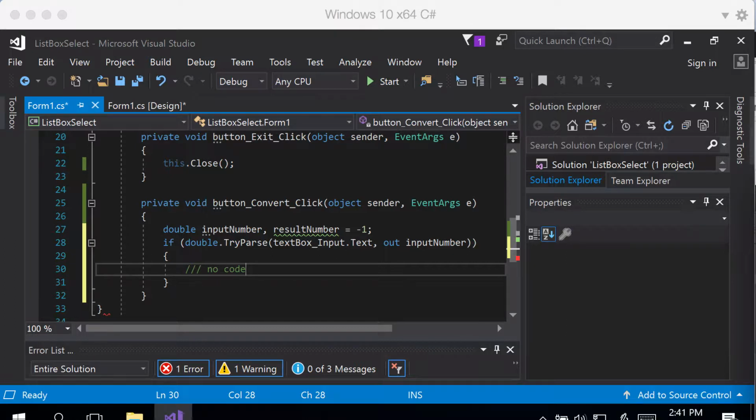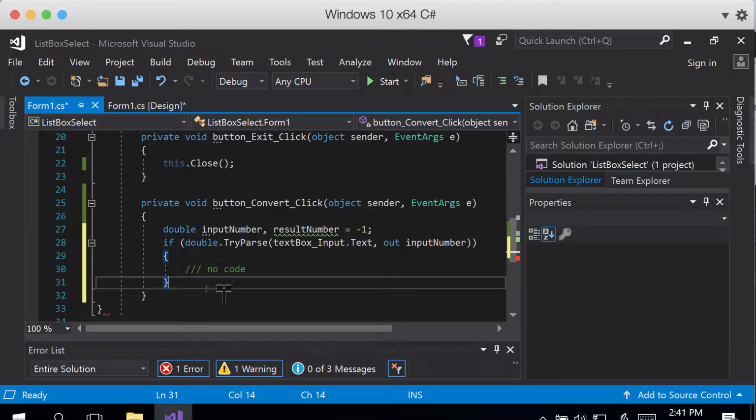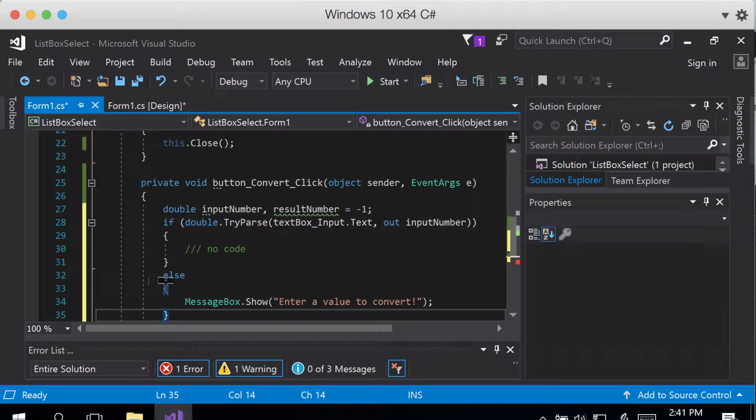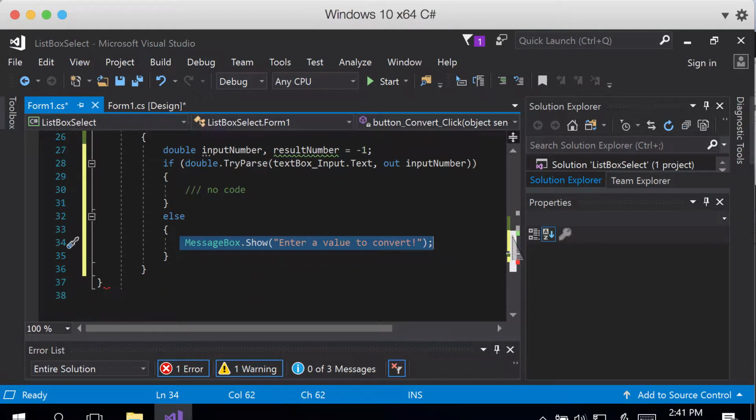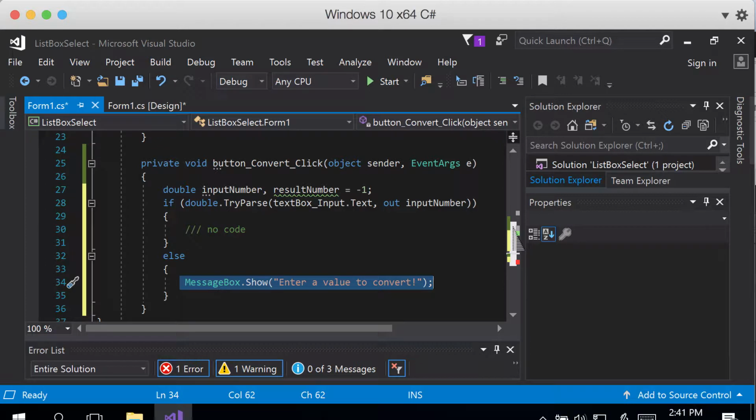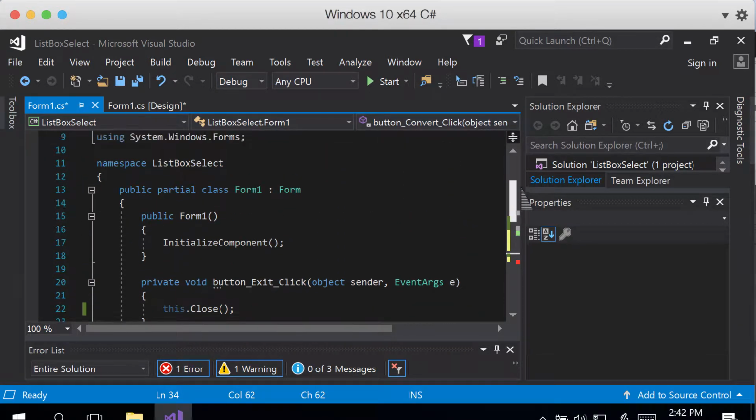However, if my attempt is not successful, then I will have to put an else after this if, and I'm going to put a message box telling the user that they didn't enter a value. So that's going to handle the issue of the user not entering a value. And the next thing that we need to do